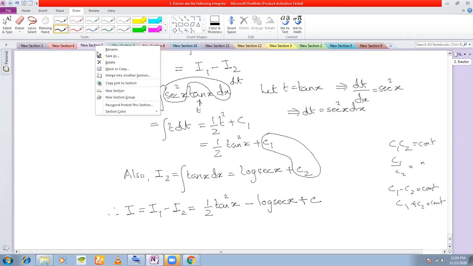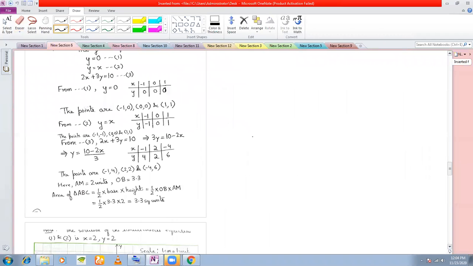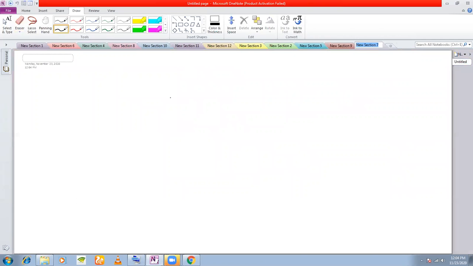Let us now start with integration by parts. The fundamentals. Now, what do you mean by integration by parts? You know that the sum of the integral is... if u and v are functions of x,